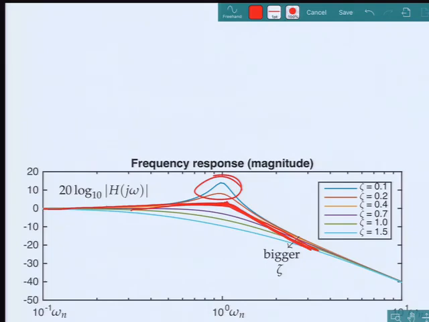Yes? I think the last discussion, I was talking to the TA about the stability of the LTI, the transfer functions. And you mentioned before that if the poles are located